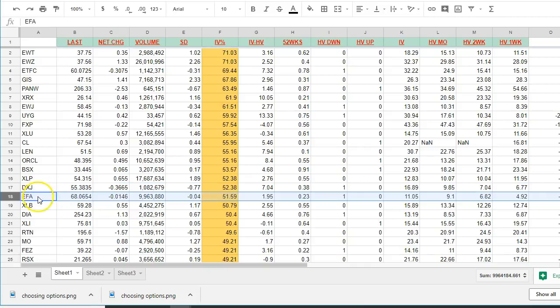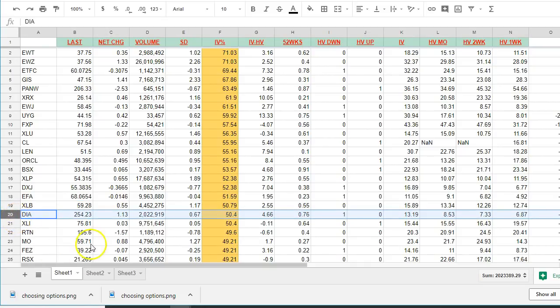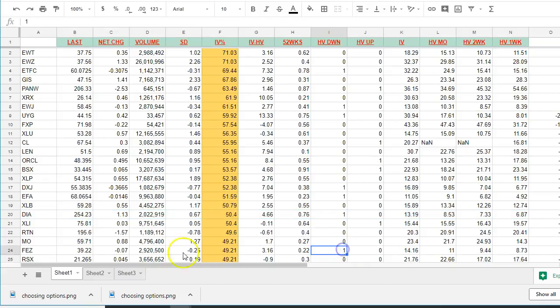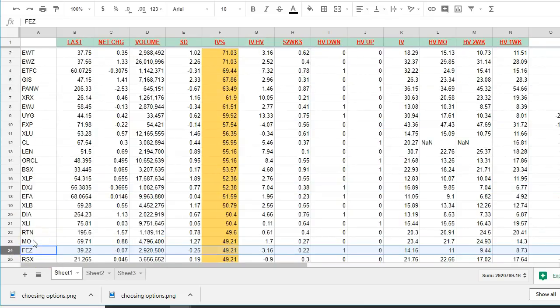EFA. These are all ETFs, by the way. Dow Jones Industrial. This is a good trade. FEZ. That's a good trade too. But another thing, let me show you